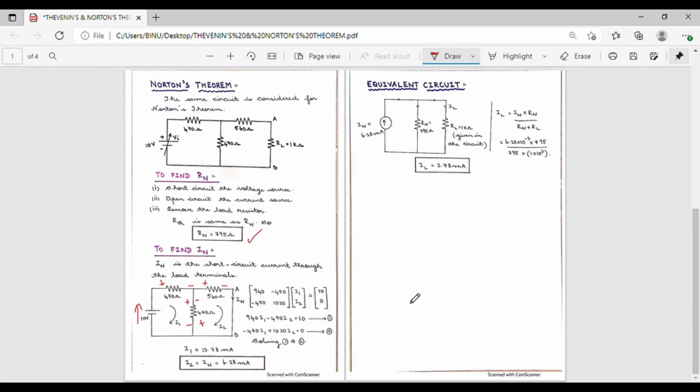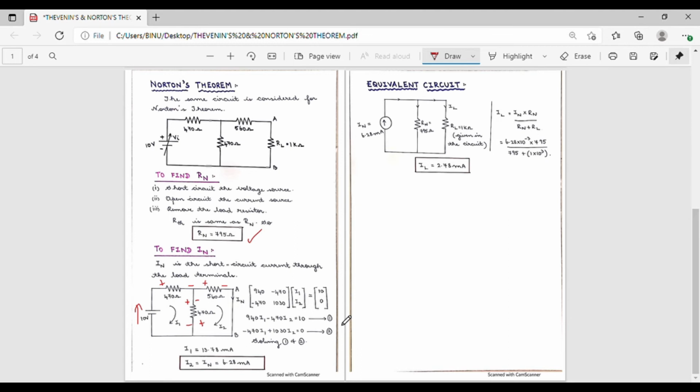Here we have rewritten the circuit in the form of the matrix equation V is equal to IR. This particular matrix comprises four resistors R11, R12, R21 and R22. R11 is the addition of resistors that are present in loop 1 alone. In loop 1 we have two resistors, 470 and 470. Adding these two resistors we obtain the value as 970. R12 comprises the resistor that is present in loop 1 as well as in loop 2. So we have only one resistor that is common for loop 1 and loop 2.